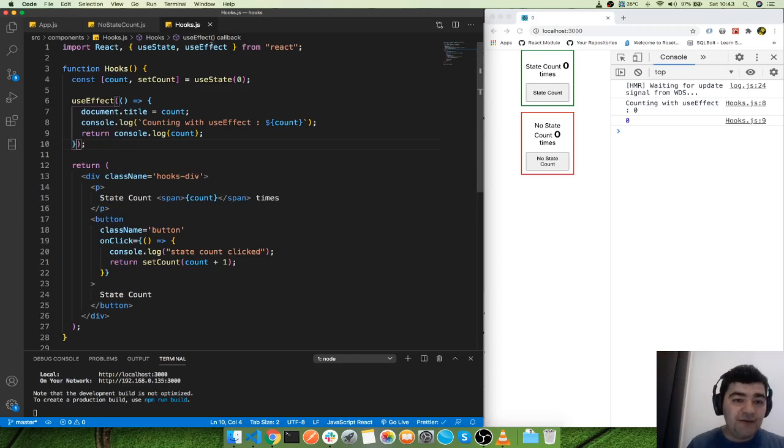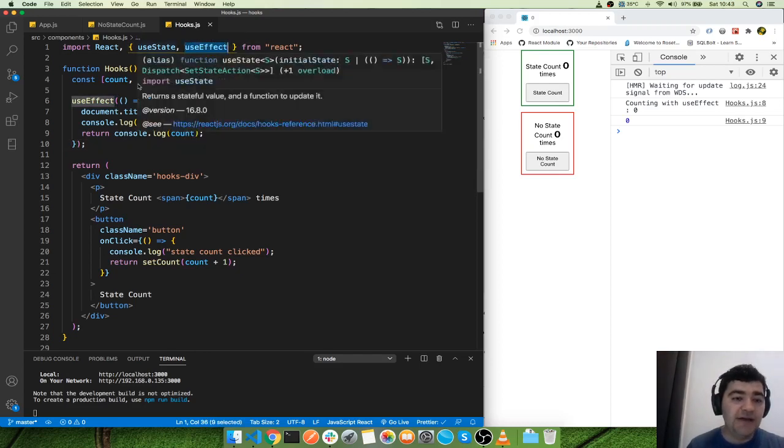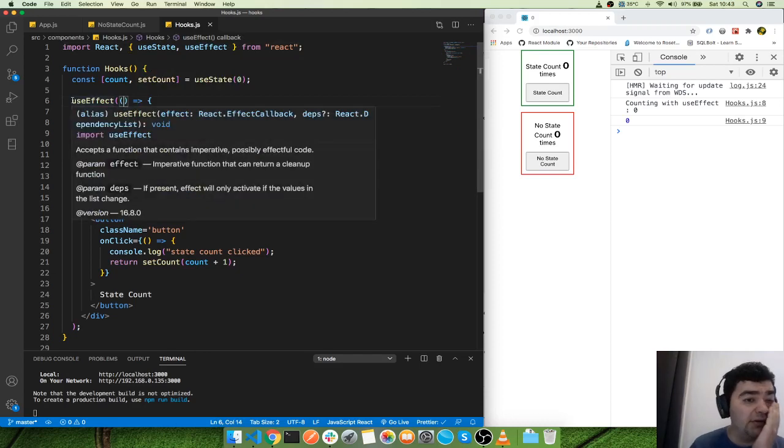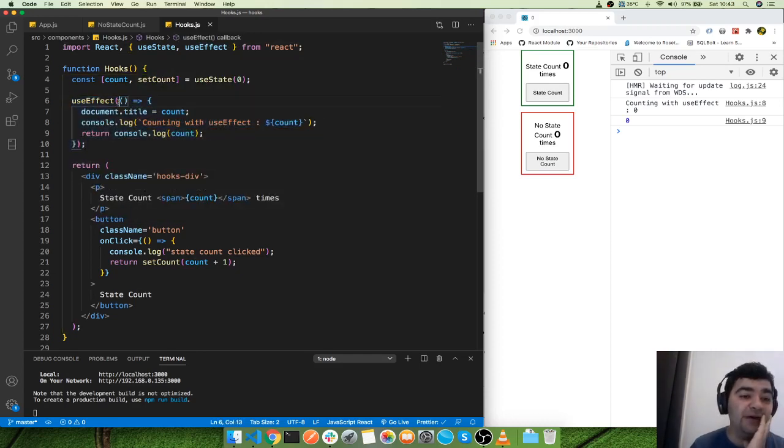To use useEffect, again, you import it from React, then you create your useEffect function. In the useEffect function, you pass a function. I'm using an arrow function here. Then you do whatever change you want on your state variable. For example, I'm assigning the count variable value to document title, so I can show here how many times I clicked the